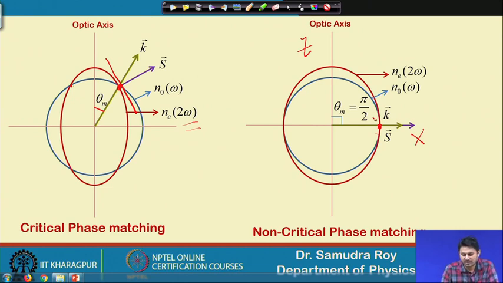This is a very important kind of phase matching, and normally it is achieved by changing the temperature. In a few crystals, if we change the temperature, the extraordinary refractive index may change, and when it changes, it can reach the required value without changing the ordinary one. By adjusting the temperature, it is possible to make this angle pi by 2. So, from critical phase matching we can go directly to the non-critical phase matching domain, which is much superior to critical phase matching.